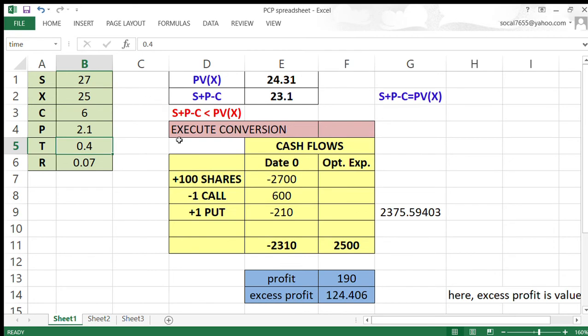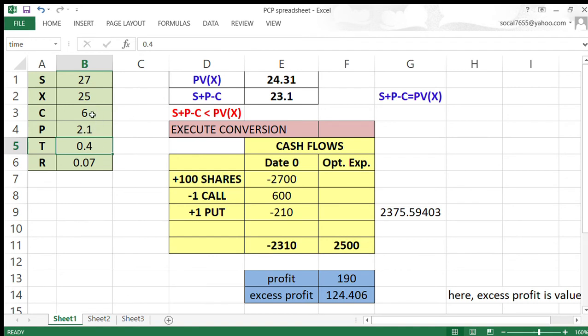I'm just making it up, okay? And let's just examine, is that going to work? Well, since the put is now not at the money, but rather out of the money, the right to sell at 25 when the market price is 27 is of no value in terms of exercise. So there's still zero intrinsic value, but you're further away from being in the money, so the put value would